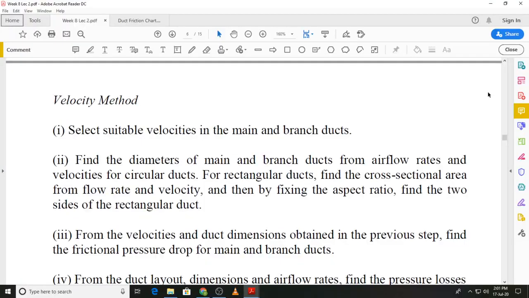We will start with the velocity method, and the first step in the velocity method is to select suitable velocities in the main and branch ducts. That is, it requires some experience for the selection of these velocities. However, when we do a problem based on this method, we will be given these velocities, and that is the starting point. Once we have got the velocities, we will also have been given the volume flow rates, and if